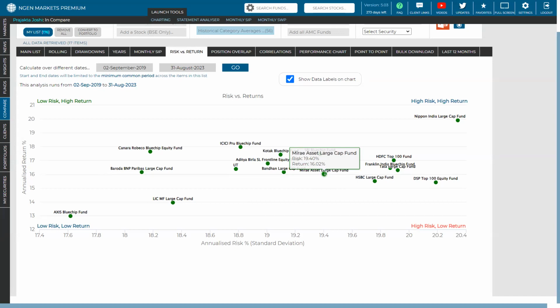On the other hand, I have an alternative in the form of a Kotak Blue Chip fund, which not just takes in lesser risk, but also gives in a better return as compared to Mirae Asset. So if you want to choose between a set of 2 funds, you can definitely come to risk versus return and check what the parameters are with respect to risk and returns over a time period,